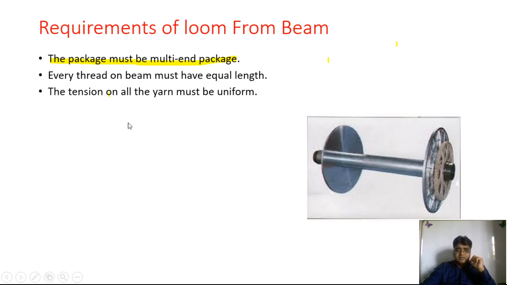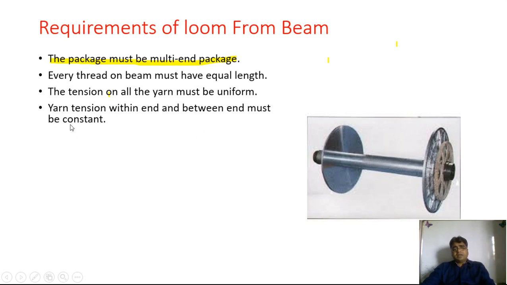The third requirement: the tension on all the yarns must be uniform. Now if you see the previous slide, whatever ends are there over the beam surface must have a uniform tension. Uniform tension म्हणजे काय की 1 नंबर दोऱ्याला जो टेन्शन असणार आहे तेच 2 नंबरला असायला पाहिजे, तेच 4 नंबरला, तेच 10 नंबरला, तेच 1000व्या नंबरच्या एंडला सुद्धा टेन्शन असणं गरजेचं आहे. That means the tension on all the yarns must be uniform. So this is another requirement from the looms.